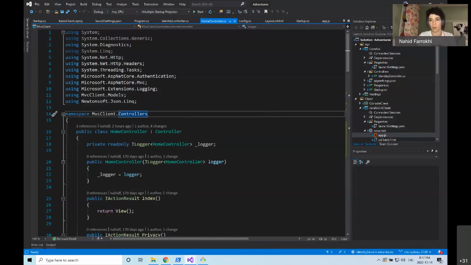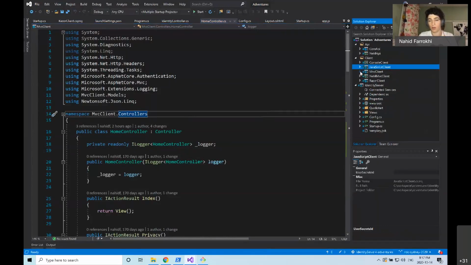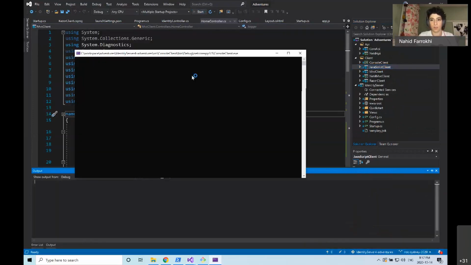I'm going to share this code because I'm not sure if I can show you everything. I have all the scenarios listed here, but unfortunately, because of time, we couldn't do that. So here, let me show you a very quick demo of this client